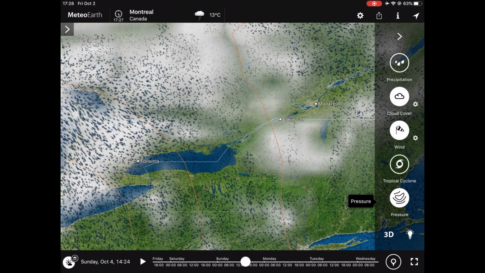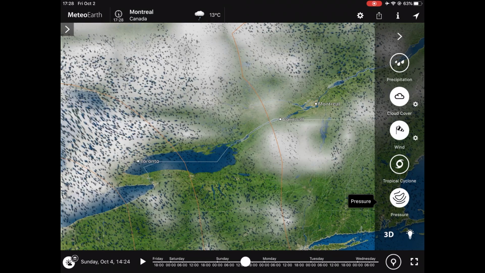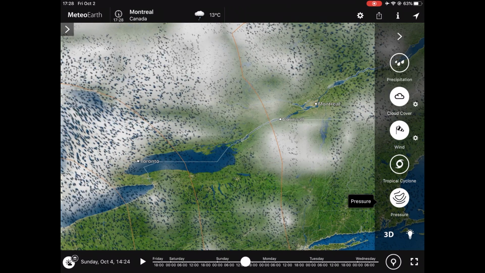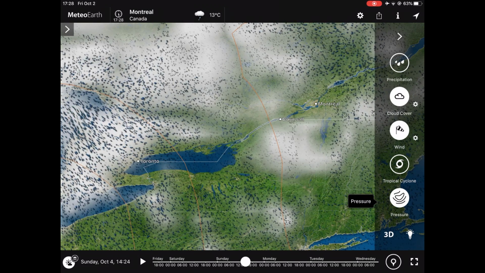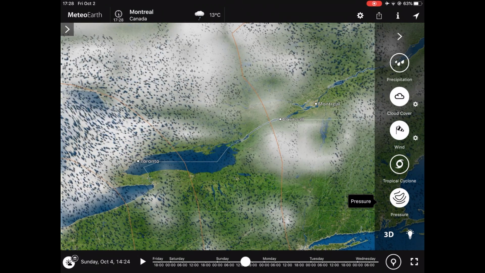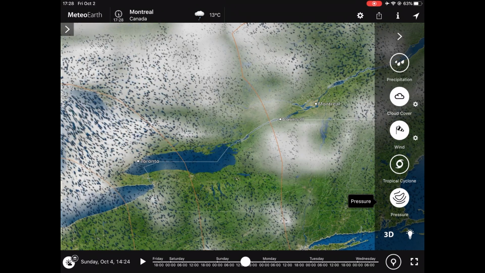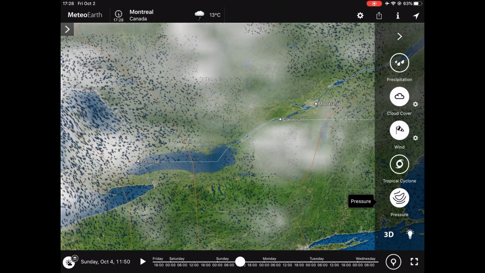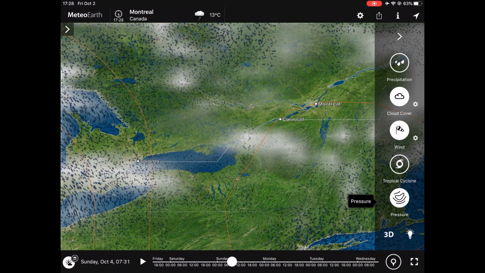And you can see that the weather is starting to get thicker on the west side of the map. And over in Montreal, we still have a bit of a hole in the weather. So for me, when I'm looking at something like this, that tells me that I want to be out of Toronto by that time. So I'm going to pull the timeline a little bit back. Okay, that looks about perfect. Okay, so this is 7:30 in the morning.